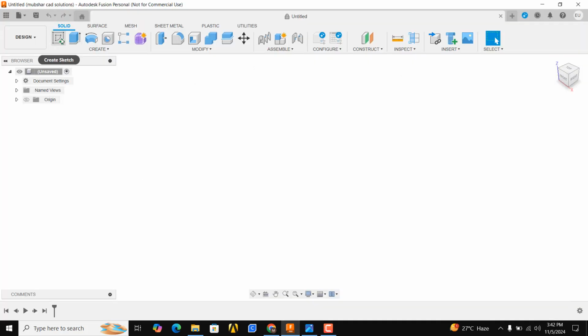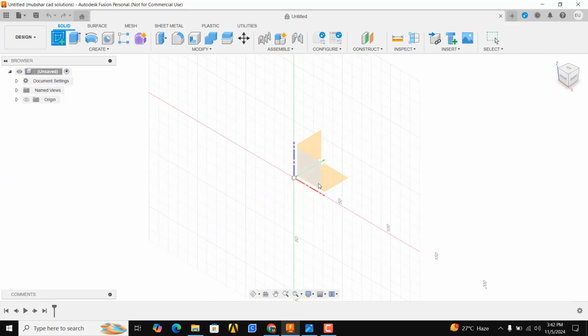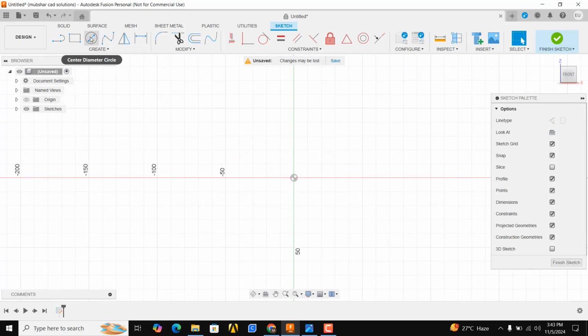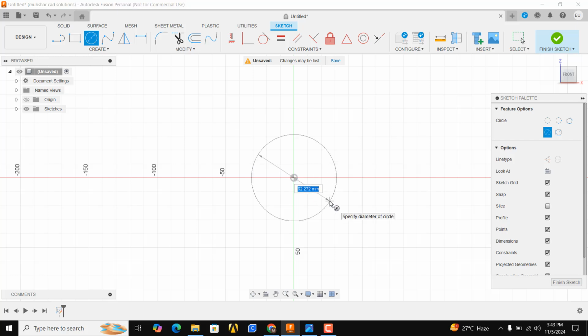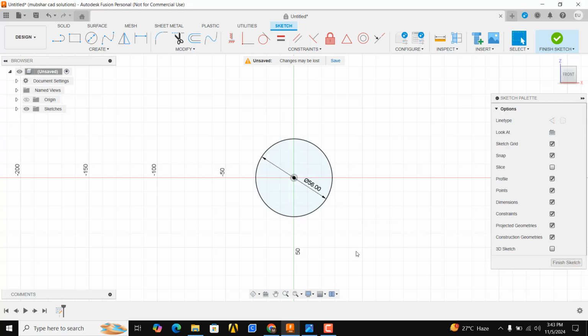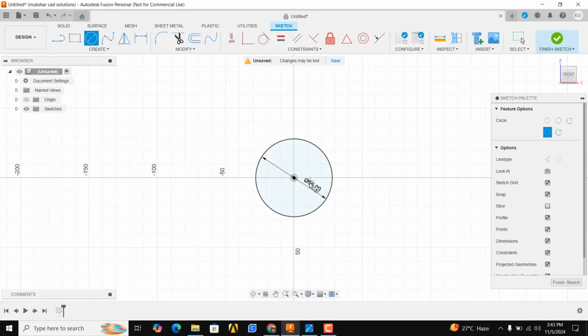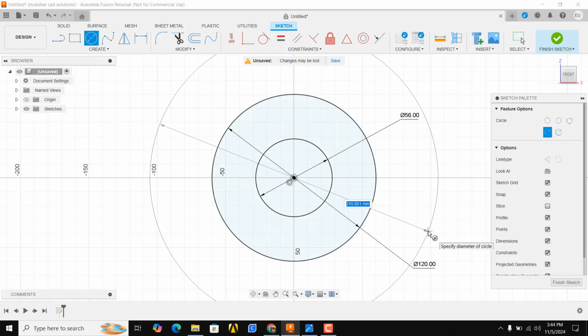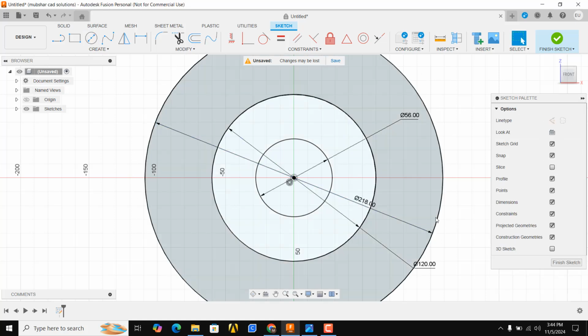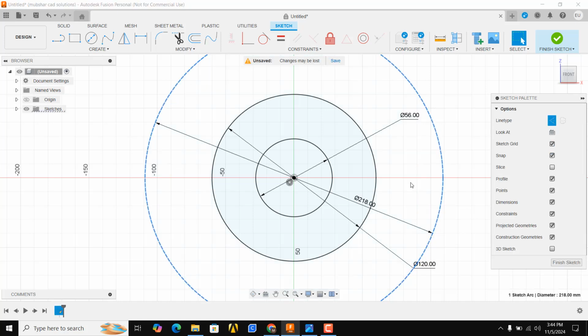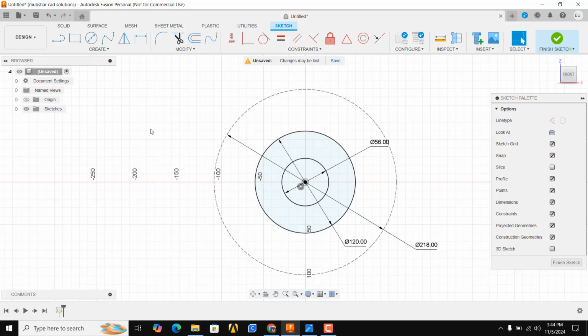Go to Fusion 360, start a new sketch and select a plane. I will select the front plane, and the diameter for the circle is 56. The diameter for this outer circle is 120 and the radius is 60. And this is a construction circle, so I will make it a construction, and then I will create a center line,